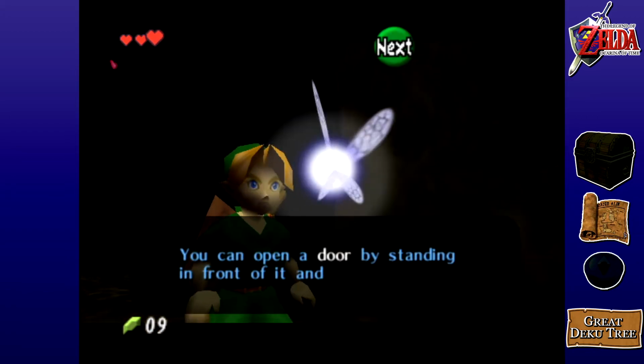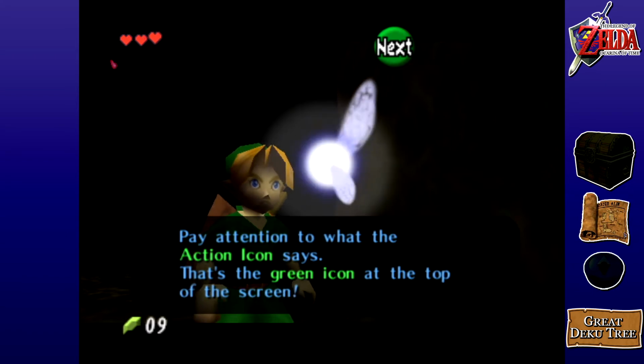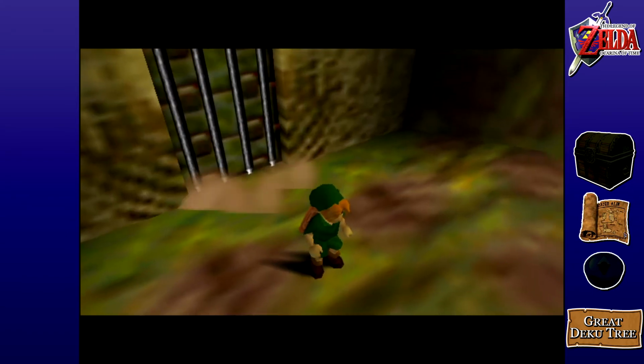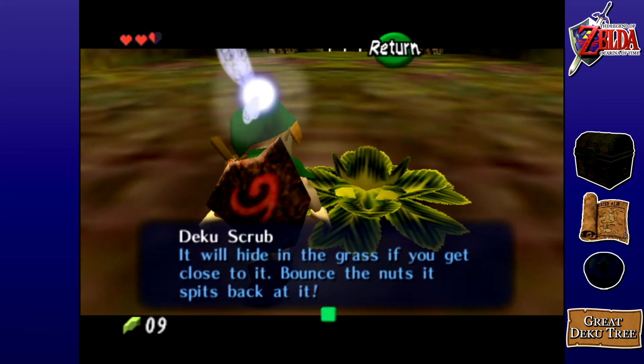You can open a door by standing in front of it and pressing A. Thank you, Navi. Pay attention to what the action icon says. That's the green icon at the top of the screen. Yes, okay, thank you. Now I know how to open a door. I can see why people would be annoyed with Navi. What are you... Ow. Navi, tell me what...